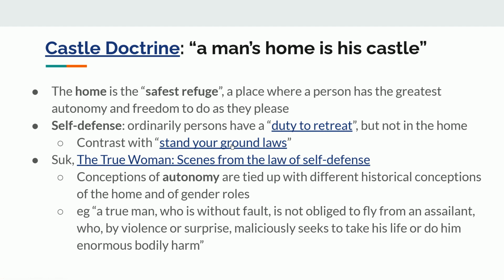The idea is that the castle doctrine and the stand your ground laws are really rooted in gender roles, and in a conception of what the home is and what it's for and what it's supposed to be doing and what role the state has in that home. Stand your ground laws originally start in the Old West, like sort of cowboy West, where it used to be legal to challenge someone to a duel and then go out there and fight them, right? So if you're at a casino or at a bar or something and someone insults you,